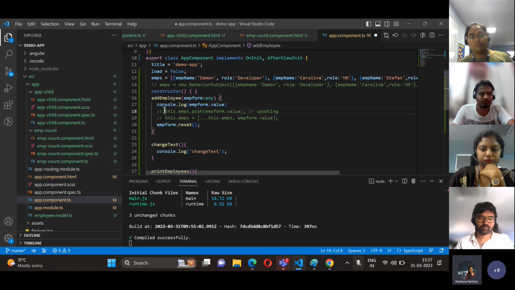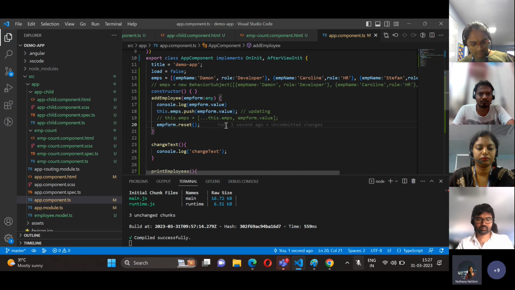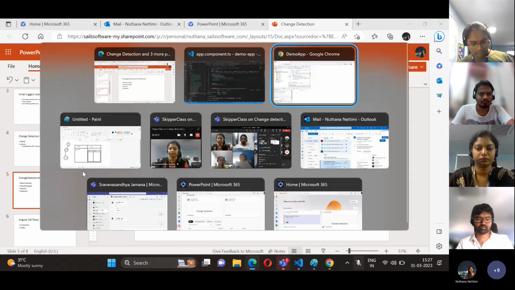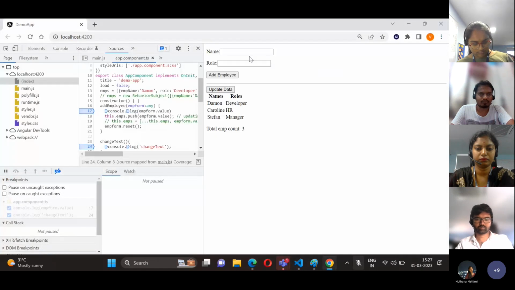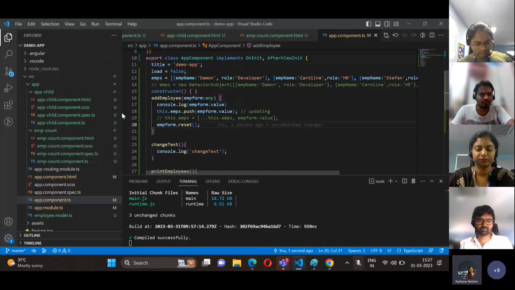I just want to pass the information here itself. I just want to mutate it. Employees.push. It is not updated. We have this method called update data button, right? So in this update data button,